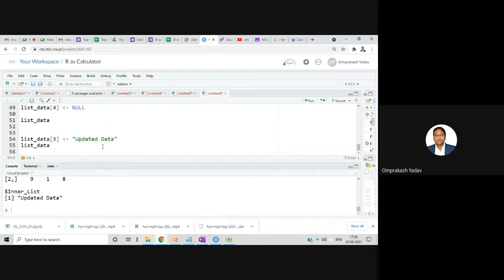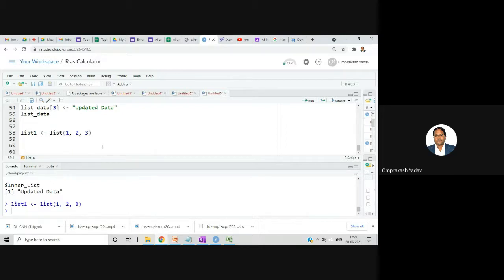Now suppose you are having two lists, okay, and you want to do a certain operation, like we want to merge the two lists, right? So let's first create two lists. List 1: I'll create it with 1, 2, 3.